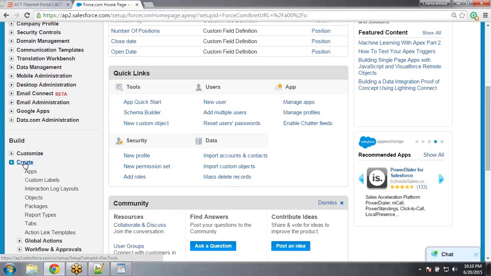If you want to customize, meaning objects and applications are already there, and in those objects you want to add additional features or customize those features, then we can go for the customize option. So now here we have the create option available. Under that we have various options like apps, custom labels, and interaction log layouts. And then we have an option called objects. Our requirement is that we are going to be adding a new object, so I am using the create and